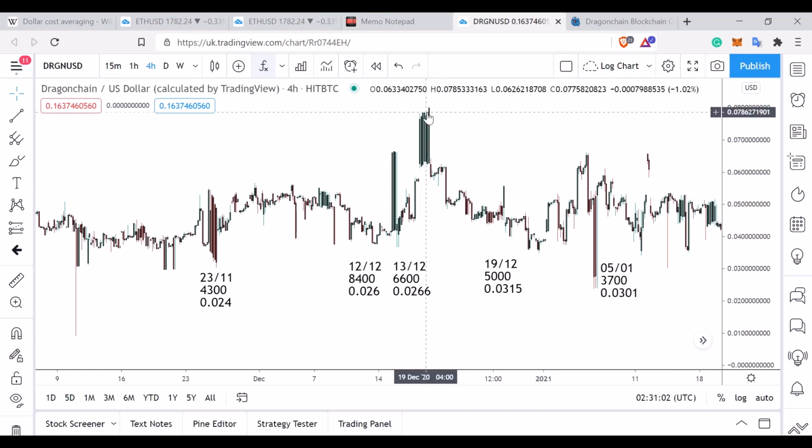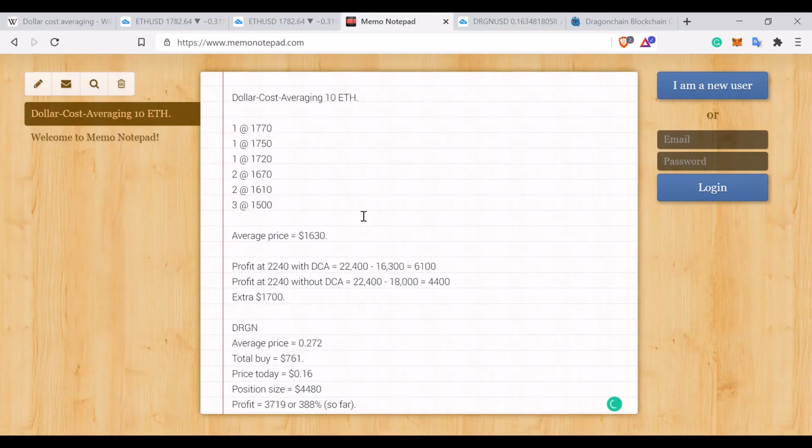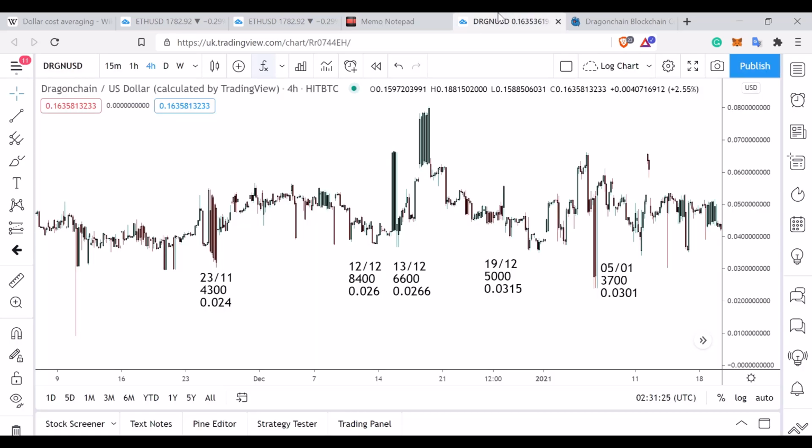In actual fact, if I'd wanted to, I could have bought around the 8 cent region, which would have very much limited the amount of Dragon that I could actually purchase with my allotted funds. So effectively I bought 28,000 DragonChain for an average price of 0.0272, when the average,